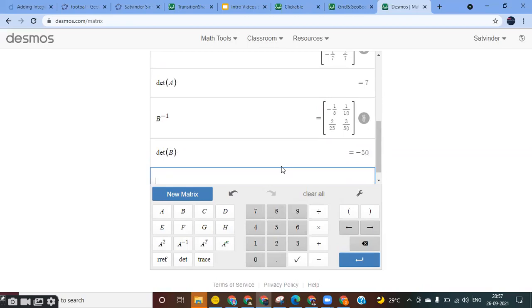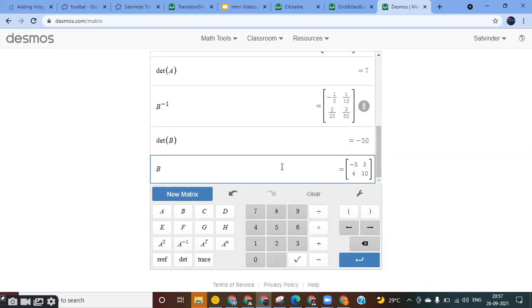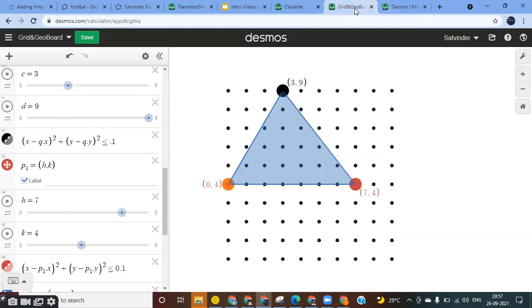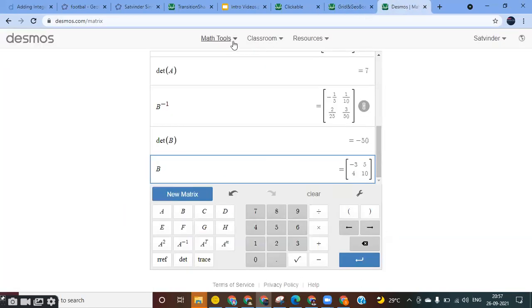The numbers in B, let me just type B so that you can visualize what is happening with those things. So -50, the numbers are getting divided by -50, and the other procedure is also taking place here. So it's quite easy here. And you can enter anything using this keypad. So yeah, this was about the matrix calculator. The other thing is